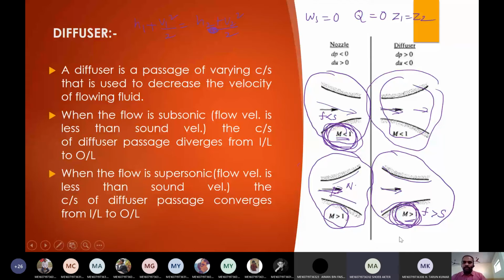Yes, sir. Right. So there will be a theory behind this, how it is acting as a nozzle for M less than 1 here, and how it is acting as a diffuser for M greater than 1. For that you should know the area, velocity, pressure relationship. If you really want, I will show that equation in the next class, or else if you remember this, it's sufficient.